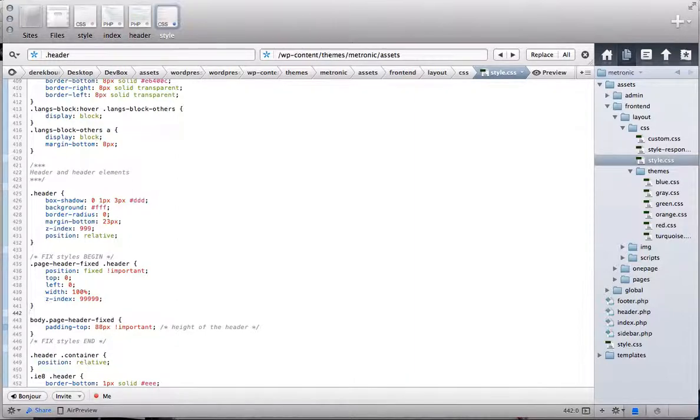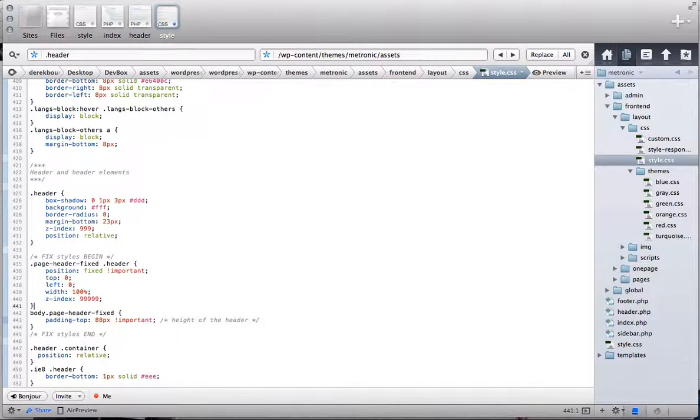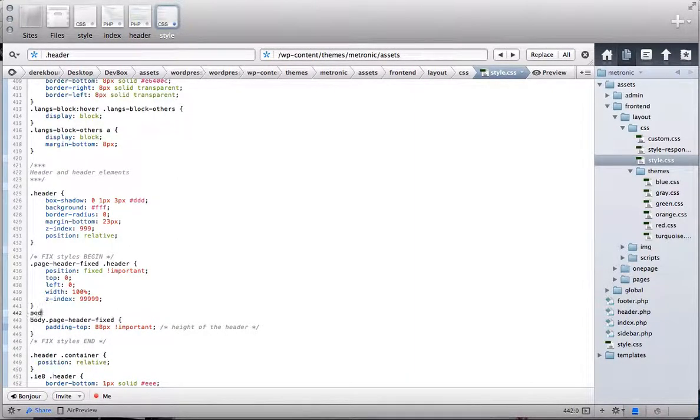We're going to do body, and we need two classes because it's still page-header-fixed, but we also want the class that says admin-bar. So we do admin-bar as a second class, so we don't put any spaces between these, and we do page-header-fixed and then a space and call our header